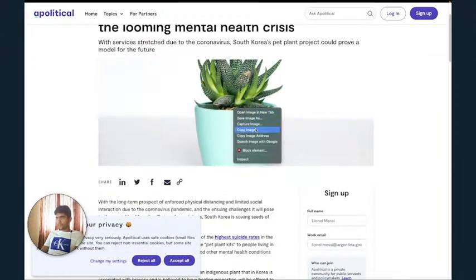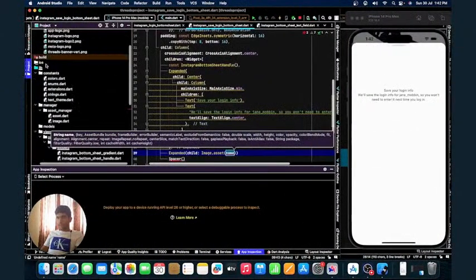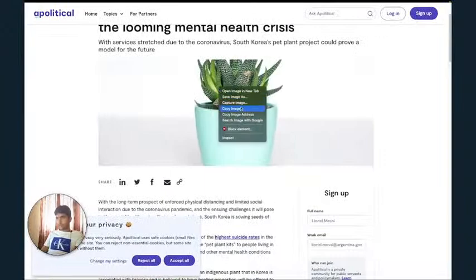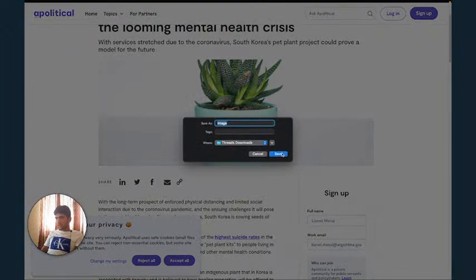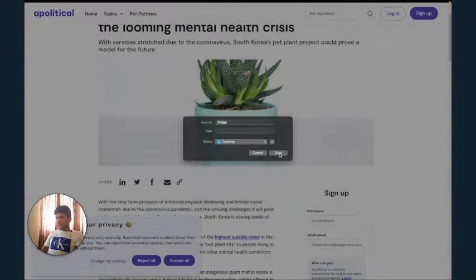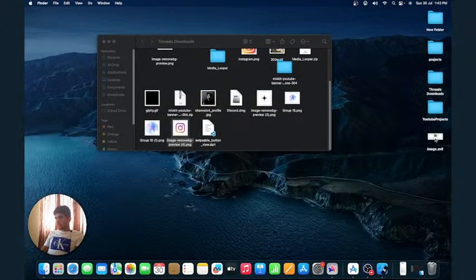I'll copy this image and I'll try to paste it directly inside the images folder. Okay, it's not going, so I'll just have to save image as, and inside the desktop image, and from there,